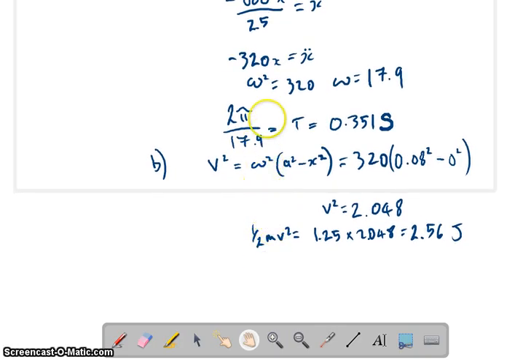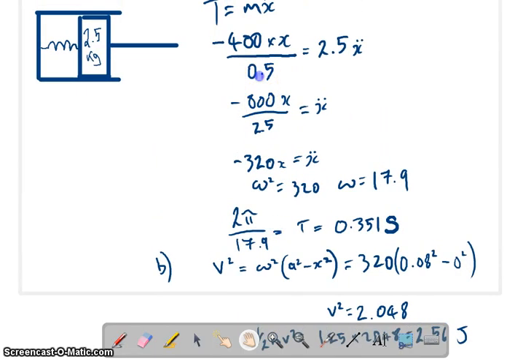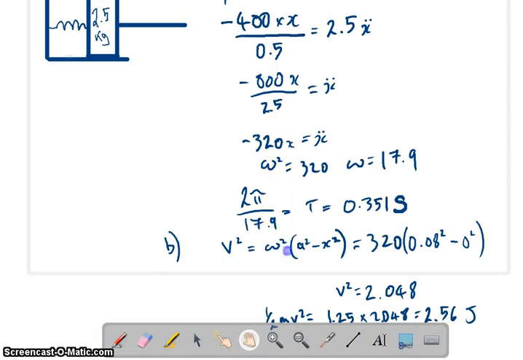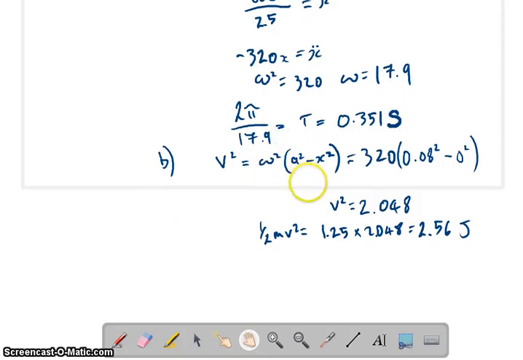Find the kinetic energy. Okay, so find the maximum value of the kinetic energy of the piston. Maximum kinetic energy is at maximum velocity, where the displacement is 0. So v squared is equal to omega squared (A squared minus x squared). x squared is equal to 0, so we just have 320 multiplied by 0.08 squared, which gives us a value of v squared of